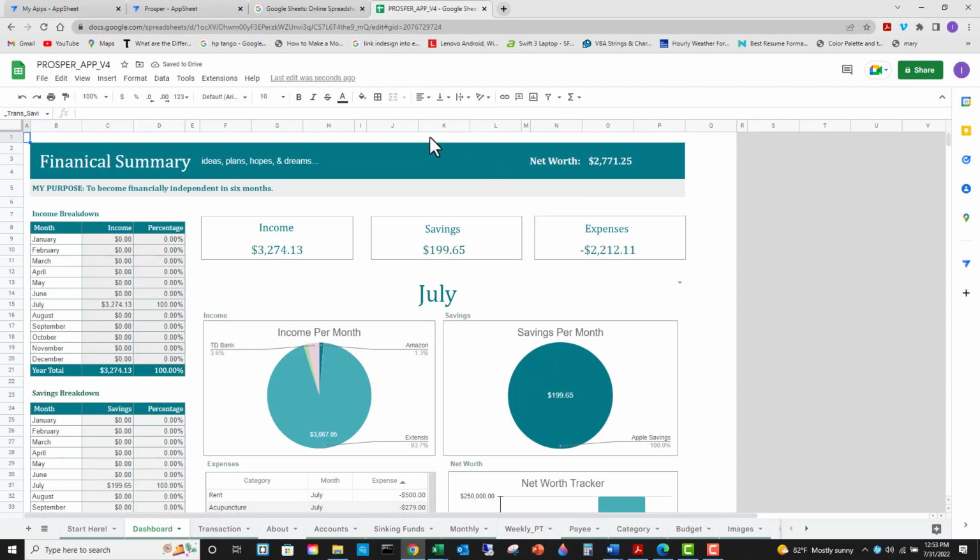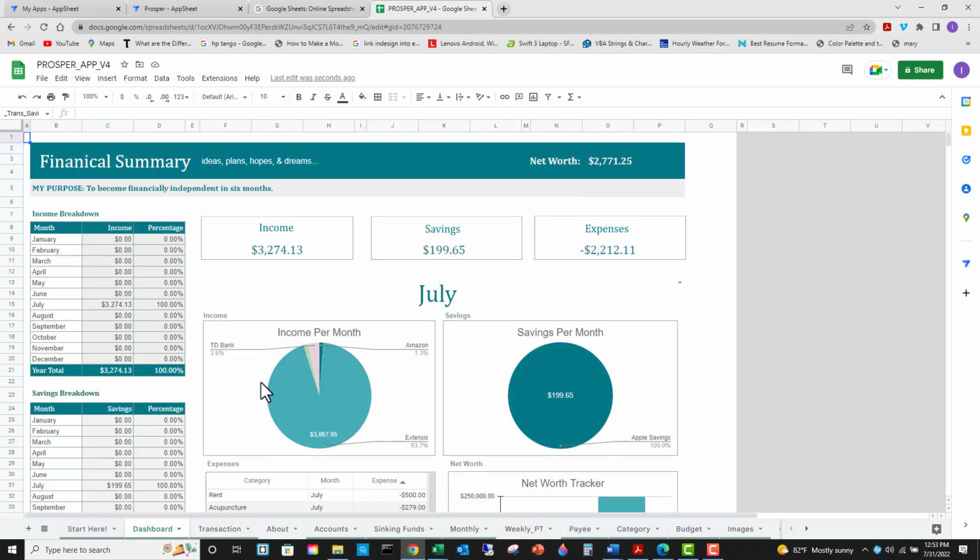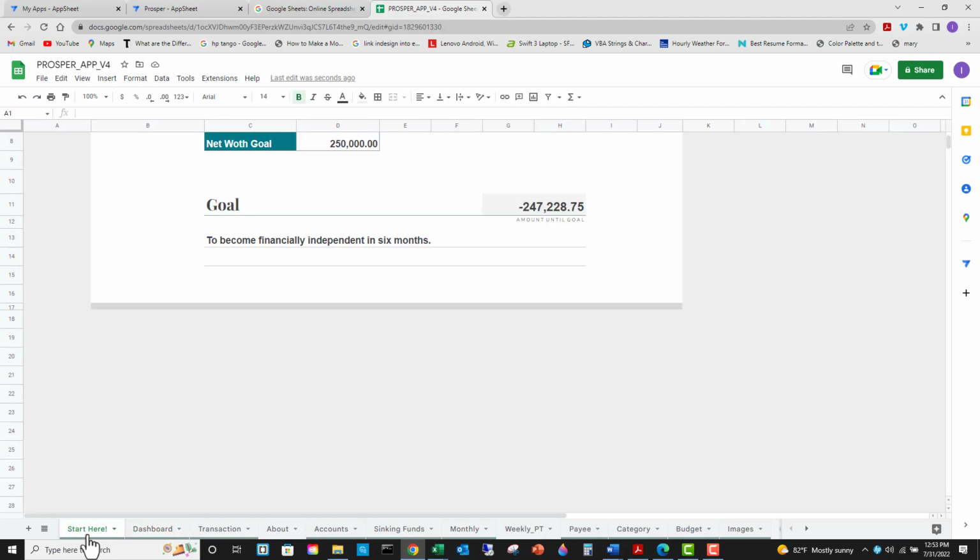So as you can see, you get your own personalized dashboard, and I would just show you quickly the transaction. So this is your transaction spreadsheet, and it gives you all the information here. Whatever you placed on the app goes onto here, and it's broken down. And then you get your dashboard. You actually start here,